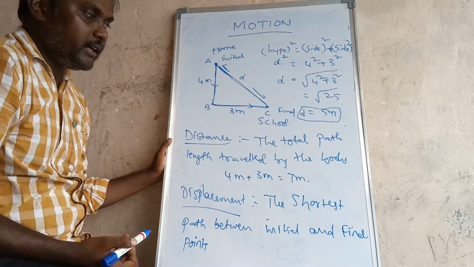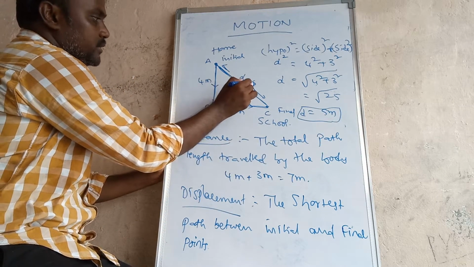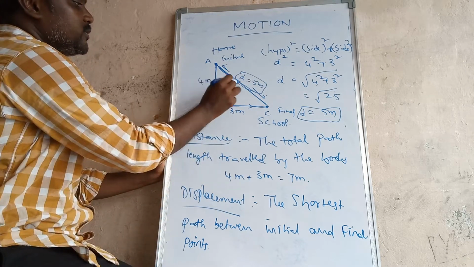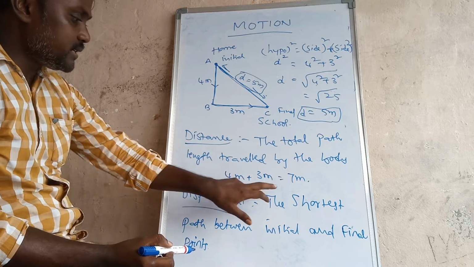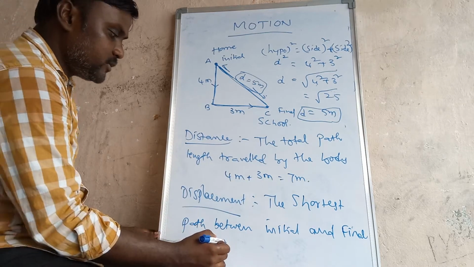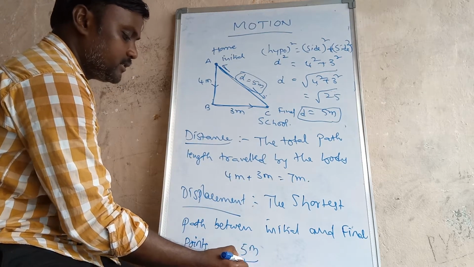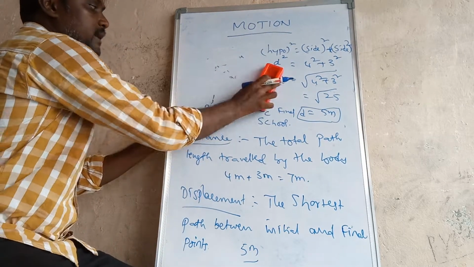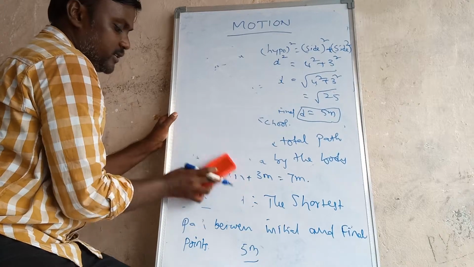Okay, this is d equal to 5 meters. This is the displacement, and in this example the distance is 7 meters and the displacement is 5 meters. I'll tell you one more example also. By learning many examples you can easily understand what displacement and distance are, but here I wrote